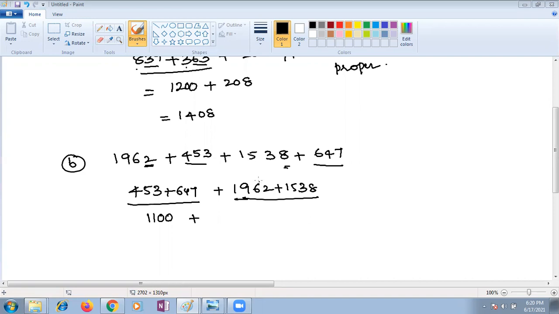See here, this is 62, this is 38. 62 plus 38 is 100. This is 1900 plus 100, 2000. 2000 plus 1500, ma'am, 3,500. Sorry, ma'am, 3000, Nana. 3500. Why you are learning your Vedic math class means you should apply.